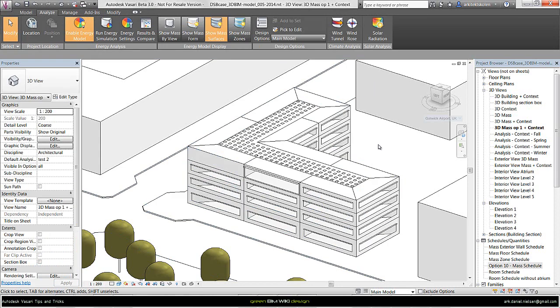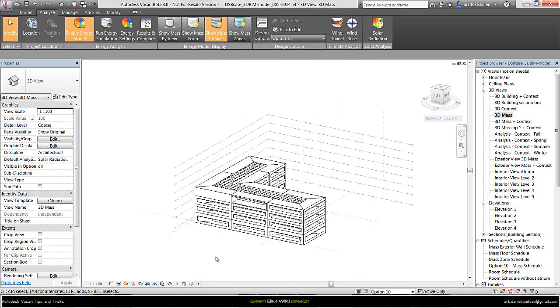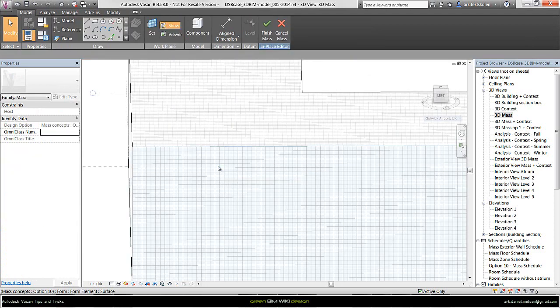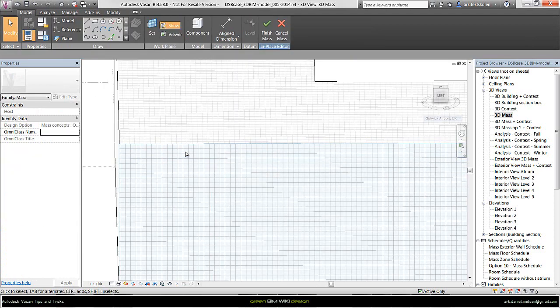Then I go in and edit the mask I've created. A good tip here is to have a view that just has the mask turned on without any context, so it's easier to select stuff and the context doesn't confuse the selection. I start by selecting the mask, saying edit in place, and if we zoom in, I have created a hatch for this material I have added